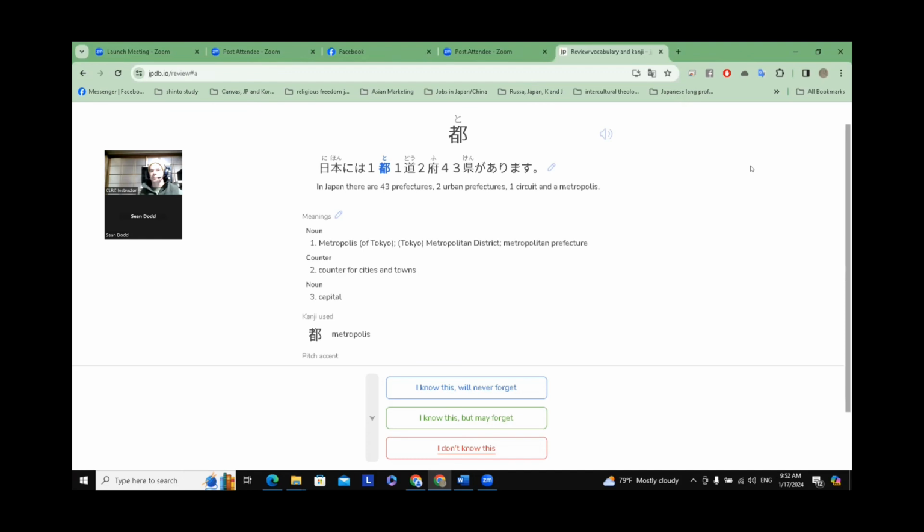And then the next day, when you're reviewing it, you remember the scene in the anime. You're going back and forth, back and forth, until eventually you've gotten it right enough times to where it's not going to show up for like 3 or 4 months. Well, this is really helpful information for language learners.